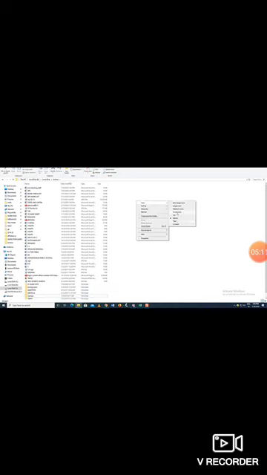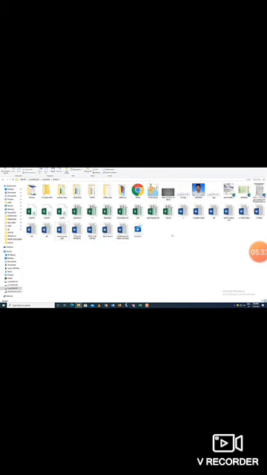View also is there: image view, folder view, details view. Now we click the small images, and the small images change. Now I click the large images, this is the large image. Next, the views there are large icon and small icon. Next one is sort by: file types, date modified, we can change that. We can change all the icons and also files.